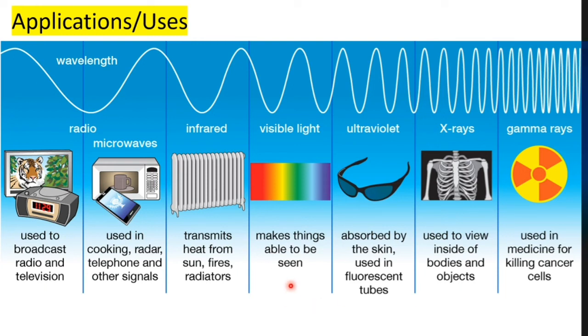Now, if we look at visible light, to the left of visible light we find types of energy that are lower in frequency. We are constantly surrounded by these types of radiation and they are not harmful because of their low energy. But to the right of the visible light spectrum we have UV, X-rays and gamma rays having extremely high energy, and that is the reason these types of radiation are harmful to living organisms.